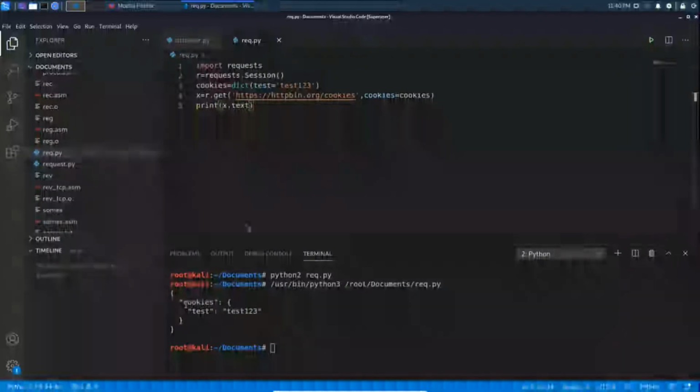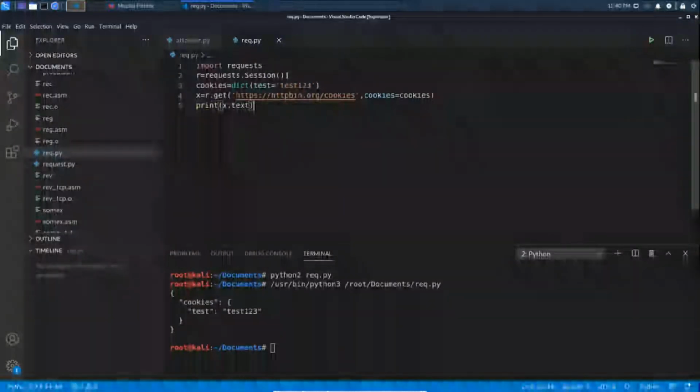See here, we passed the cookie as a dictionary. If you want to pass exactly like a dictionary, you can also pass it. I discussed this in my previous video. Dict means it is a typecasting. Here it is a key and this is the value, the key is mapped to the value in dictionaries in Python. That is the basic thing you need to know. So here we passed the cookies by creating a session variable called r. This is how you handle sessions using the requests module, and you can also update the headers.